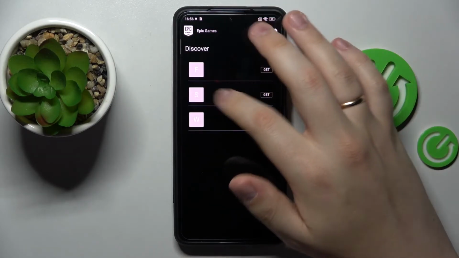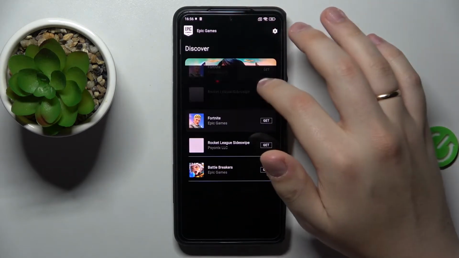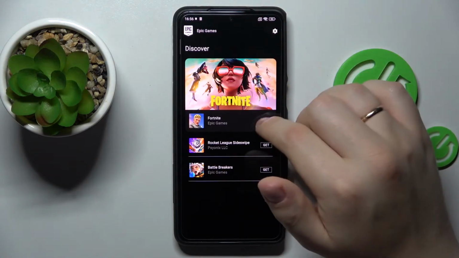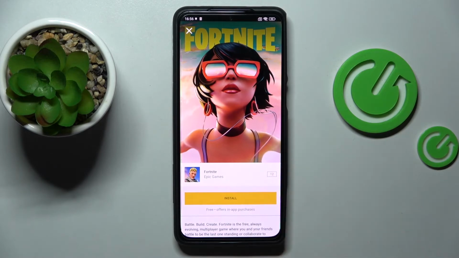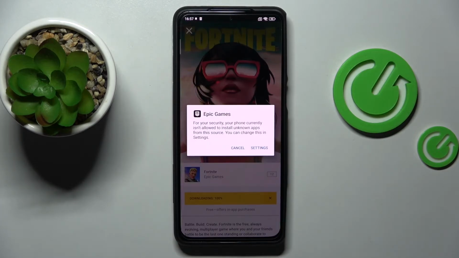At the launcher, you'll find the Fortnite game right here. Now you want to tap on the black Get button and download the installation file for Fortnite. Alrighty, so as you can see, the Fortnite game files have been successfully downloaded, but prior to the installation process,